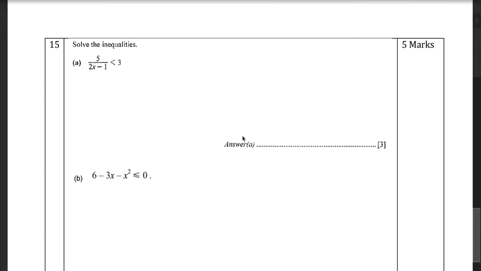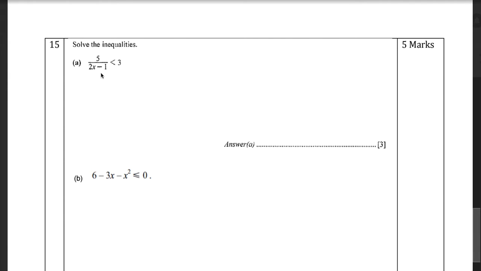A quick look here at how to solve inequalities, but using the GDC rather than any algebraic techniques. Let's take this first example of solving 5 over 2x minus 1 is less than 3. What we'll do is go onto our GDC and graph the left-hand side, 5 over 2x minus 1, and then graph the right-hand side, y equals 3, and we'll then look at the intersection points